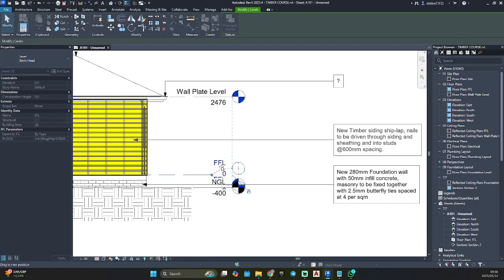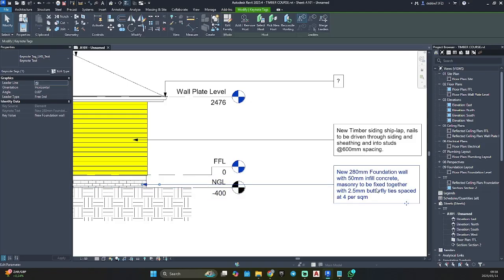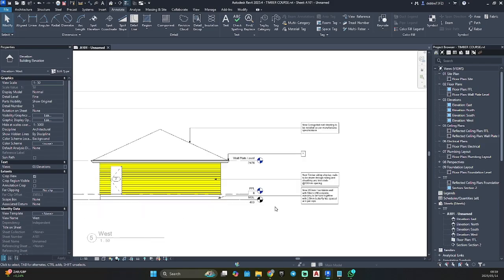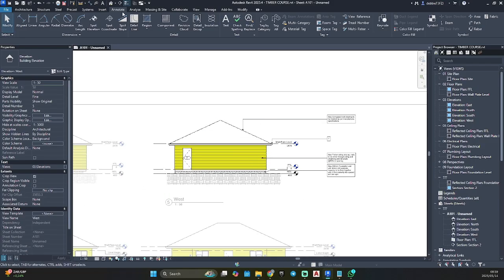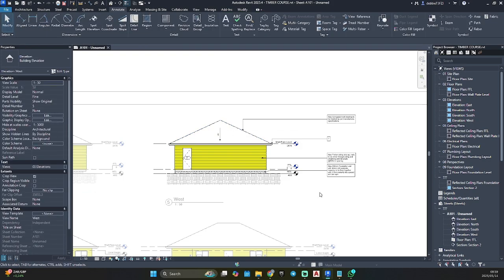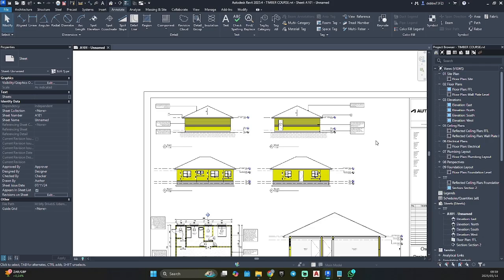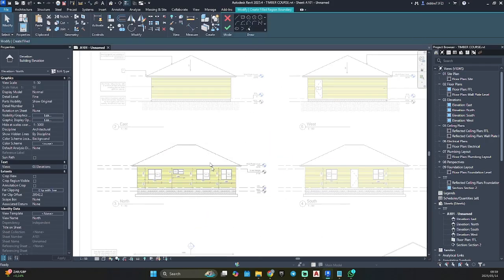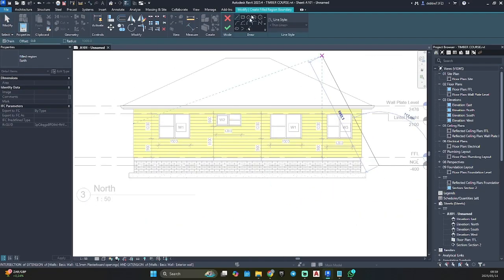Take this up. Let's go to annotate, spot slope. Let's go region. I'm going to start with the floor here.